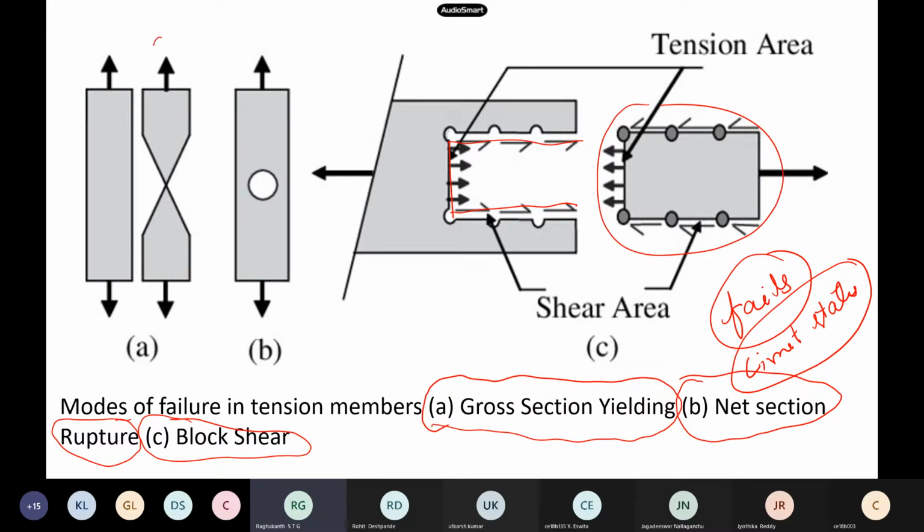Okay, so this is what we say the gross yielding. So it is like, when you do the tension test on a specimen, say, on a pure coupon test we do, what happens is, once it crosses yield stress, then there will be elongation. You have seen in the first classes itself, I showed you the stress strain curve of steel. Okay, then it reaches ultimate and then necking starts basically, and then finally you see it collapses. Okay, so let us see these three things in great detail.